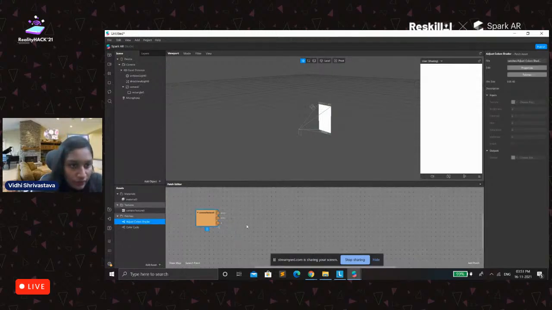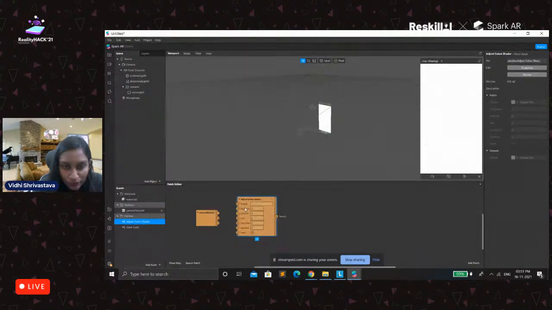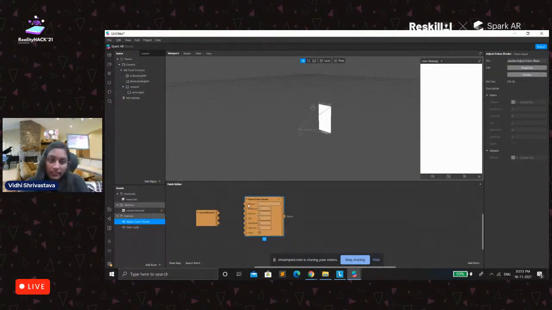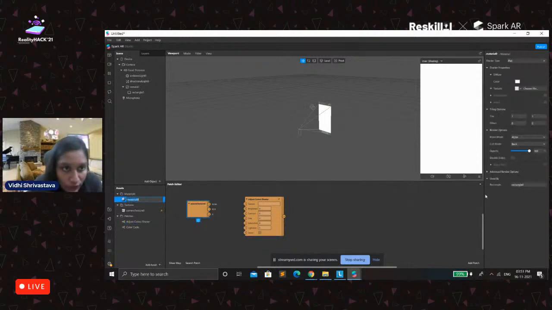And we have adjust color, because this patch requires the texture, and we want the effect we are creating to be on the full device, visible on the person as well as the background and everything around the scene. So for that we need the camera texture. We will go to the material of this rectangle and extract the texture, that is this one, diffuse texture. Now we will connect the RGBA to the texture, and we will connect the output to the material.